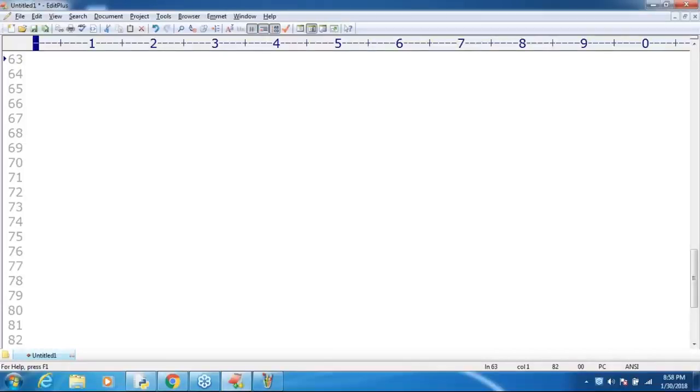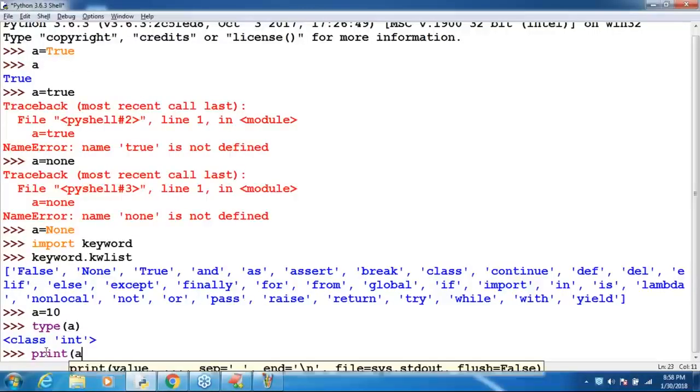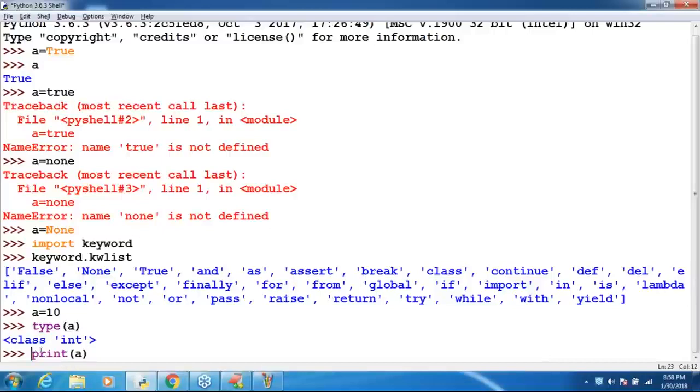Before talking about these things, you should be aware that Python provides some inbuilt functions. I already started using these, but whether you observed or not, I don't know. If I open Python and ask print of a, what is this print?